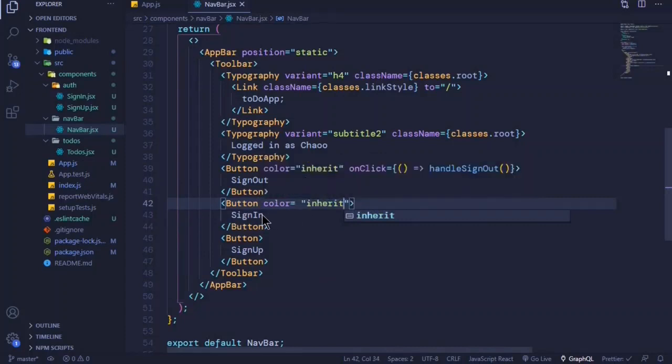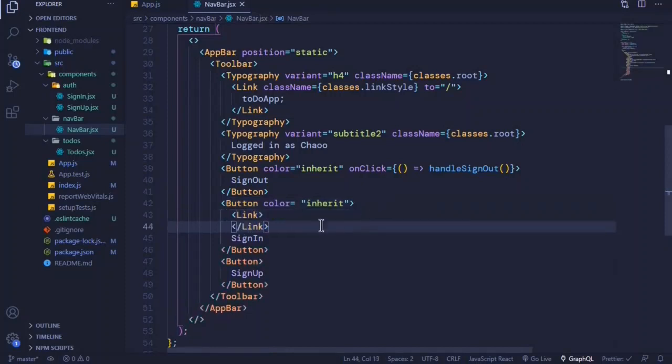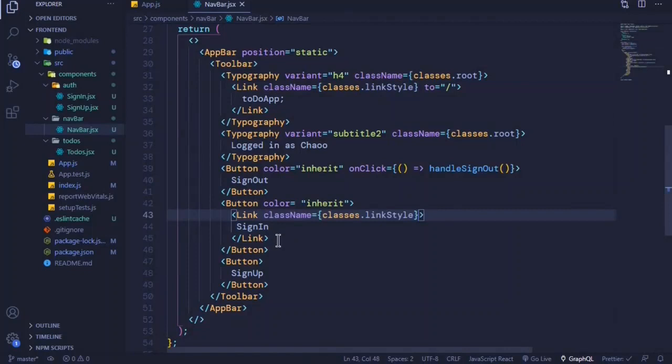and then in here we want this one to be a link, which will take us to the sign in component. So I can use the link component, and take my sign in here. So we will use this class name. I'll just copy it so that the link will remain to be white, and it will not have any text decoration. For the next button, color,